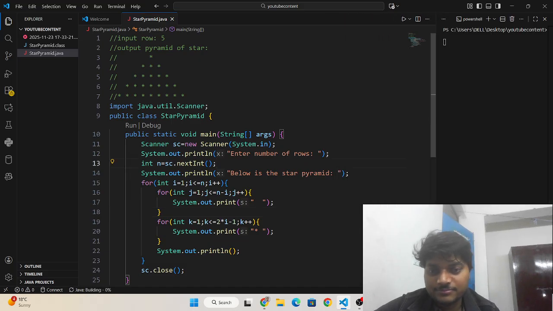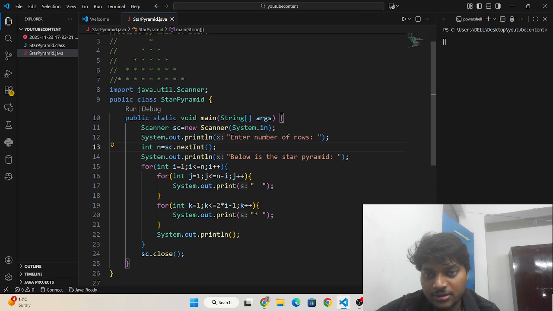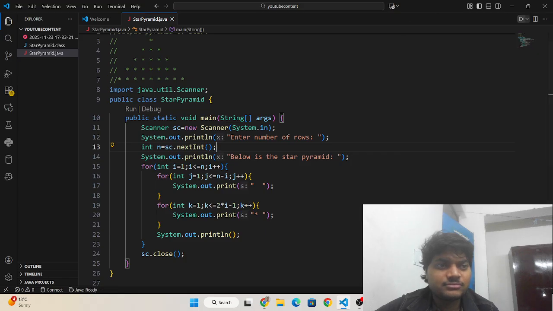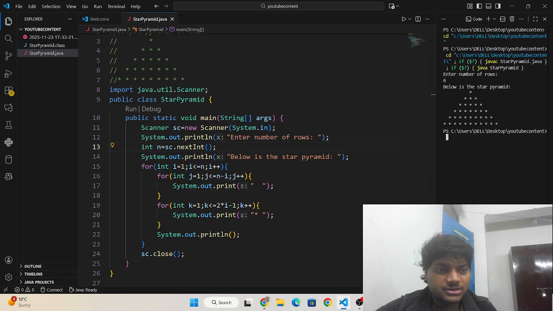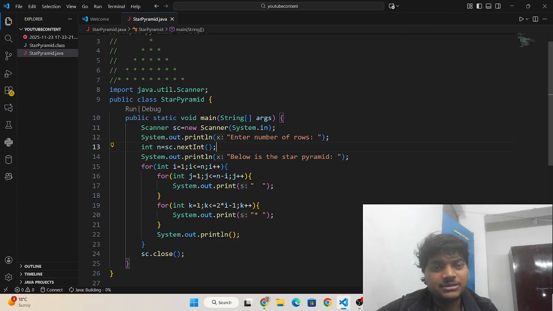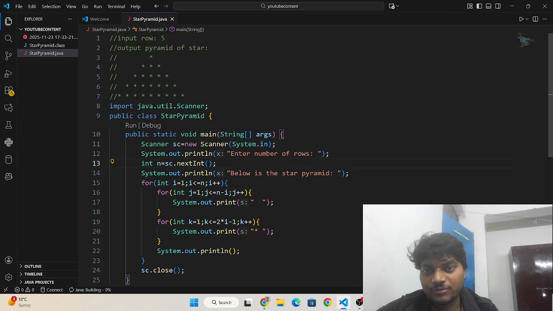Now I am going to execute it again. What is the number of rows I am entering? 6. You can see this is our result. It is printing perfectly. Our code is perfect for these things.